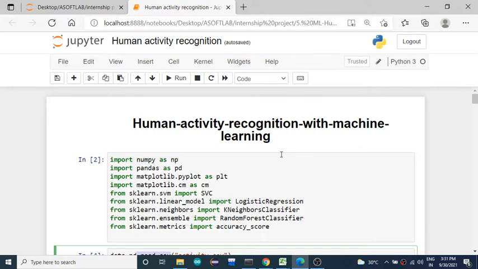Okay, so you have two methods, label encoding and one hot encoding, which was explained during the internship time, right? So one hot encoding and label encoding we can perform to convert categorical data into numerical data. And then next you're going to perform feature scaling.